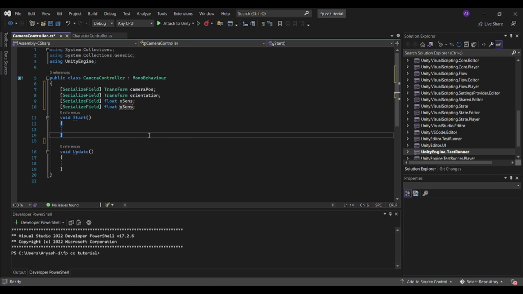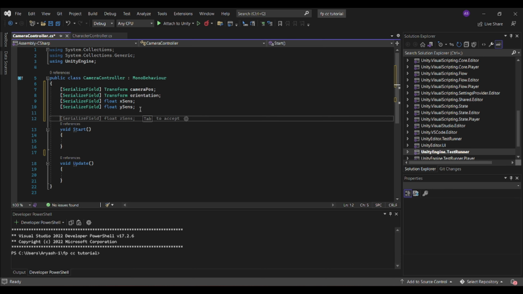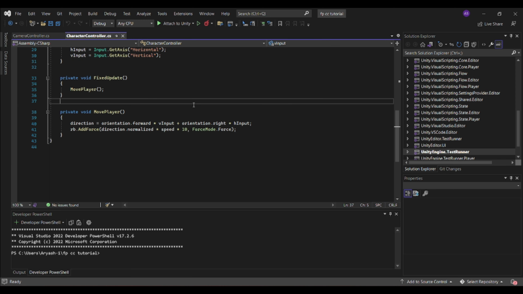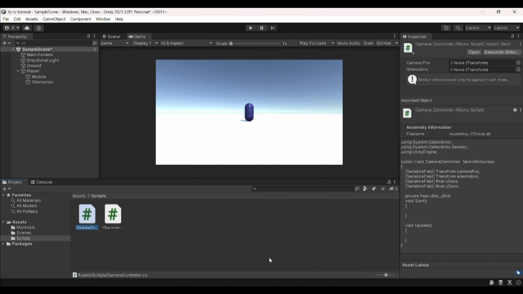Now we just have to create a private variable that's not a serialized field, a private float called xRotation. And we can even create another variable on the same line by just putting a comma and then saying yRotation. Now this doesn't work for serialized fields though, because then we'd have to basically copy this and put it on the same line, so it wouldn't really be coding the same thing in one line. It would be two lines put on the same line. Now save all of this. So you save all the scripts and go to the Unity editor and save this too.